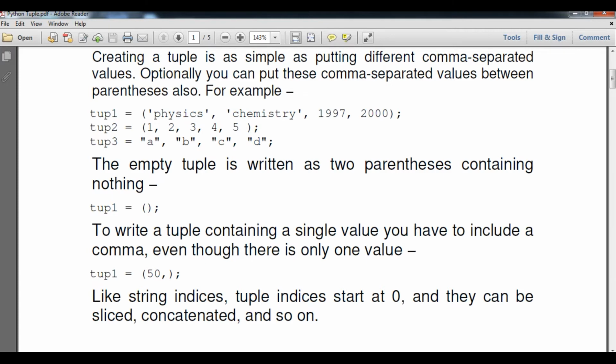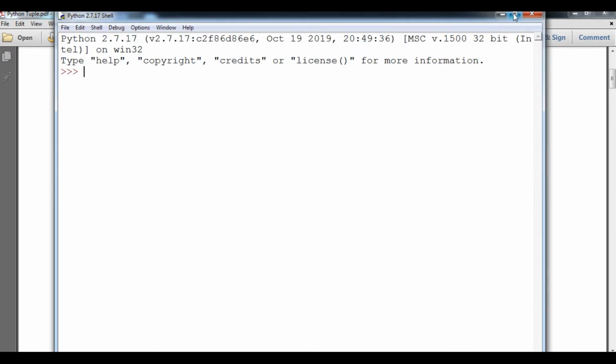Now I will show you in shell mode because I want to show you one thing. Here my tuple 1 equals, within round brackets, suppose Aman, the name of a person, then Prakash, and some values here, 1987 and 3000. Now if I press enter, we see this is declared. As the second way I will use some numbers also, because as we know it is like a sequence. We can see that it is also declared.